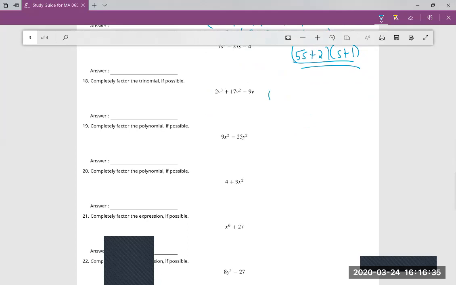This would be another one to use that AC method on. This one right here, let's look at this. This is a special factorization. Why? There are two terms. Is it the difference of two perfect squares? Why, yes, it is. Following the pattern,